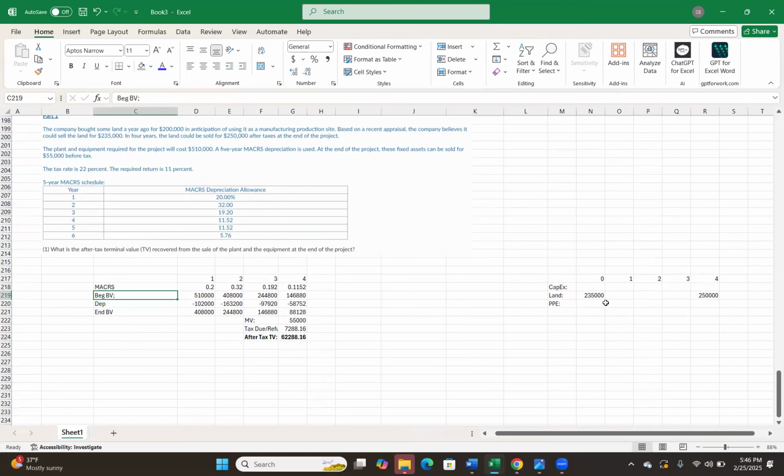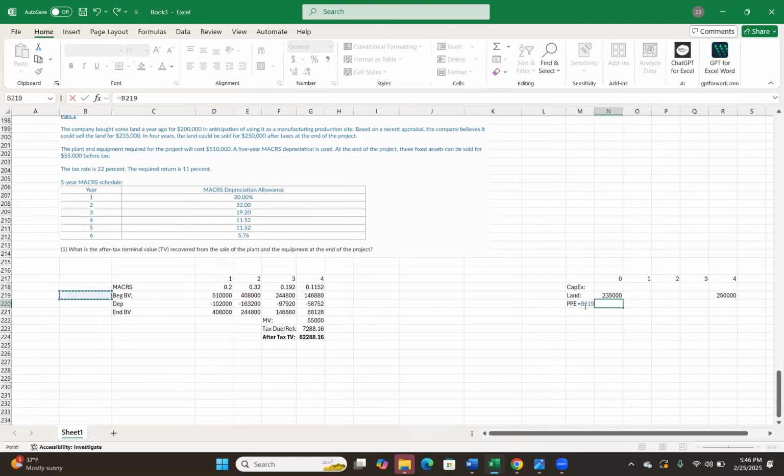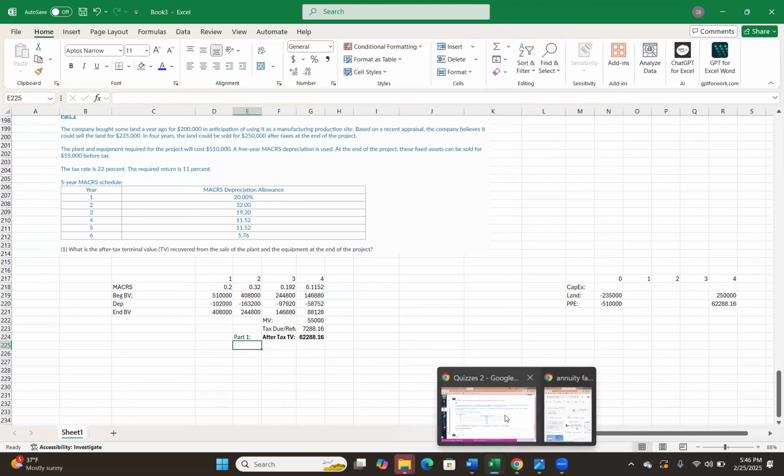And while we're here, I'm going to put in this right here, except I'm gonna make it negative. Okay, and this I'm also gonna make negative because chances are I'm just gonna copy this schedule right down into my free cash flows later. Okay, so after tax terminal value we found, so that's part one. Okay, part two